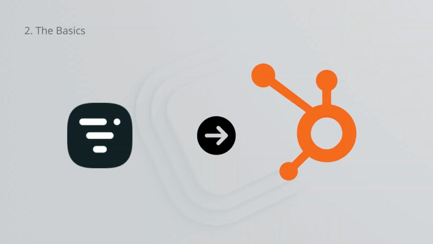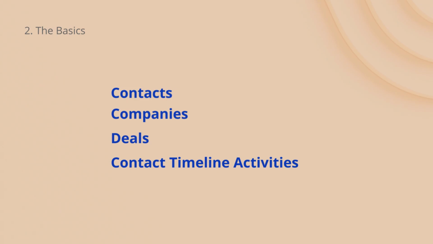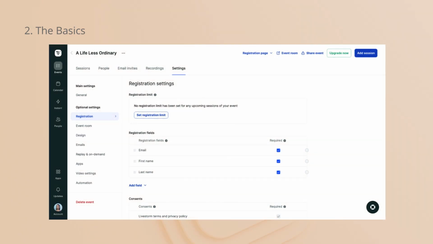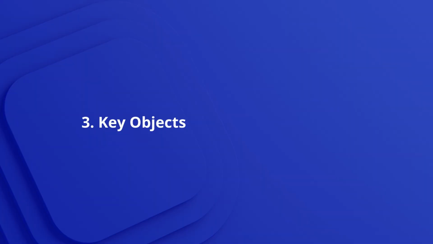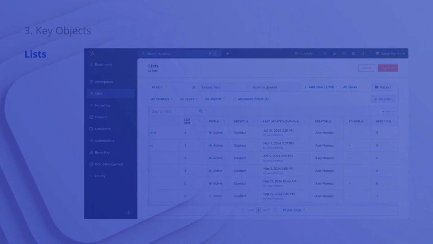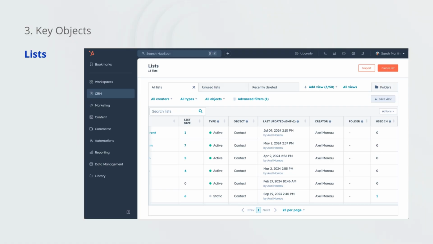Our HubSpot integration allows you to automatically transfer Livestorm data into your HubSpot account in the form of contacts, companies, deals and contact timeline activities. You can choose to use your Livestorm forms or your HubSpot forms for your events registration. That's up to you. In our integration with HubSpot, we use the following objects: lists to segment contacts based on